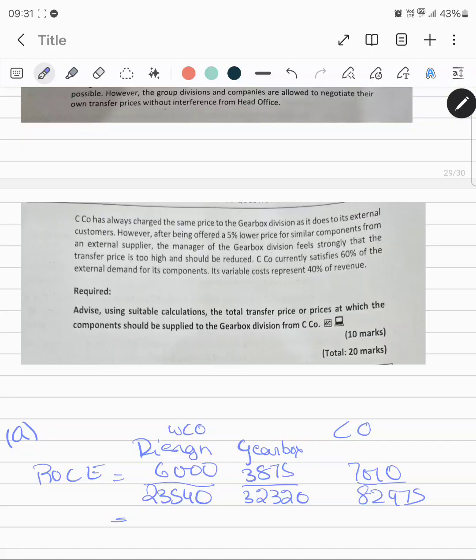So the ROCE would be 6,000 divided by 23540, that is 25.48%. 3875 upon 32320 into 100, that is 11.98%, and 7010 divided by 82975 into 100, that is